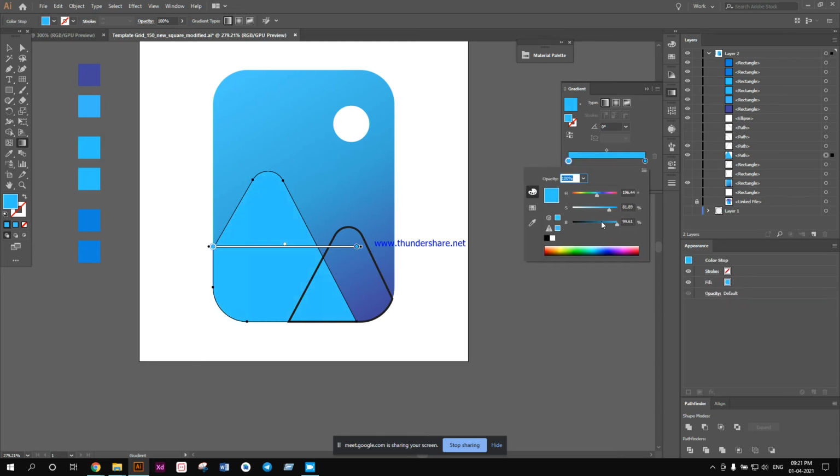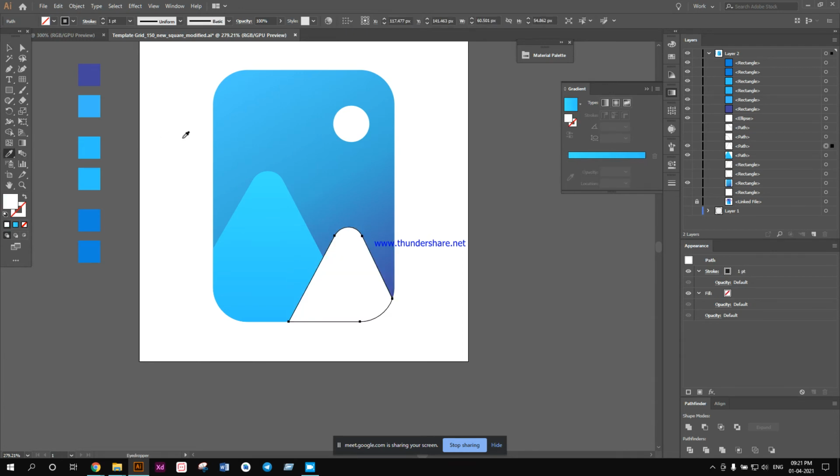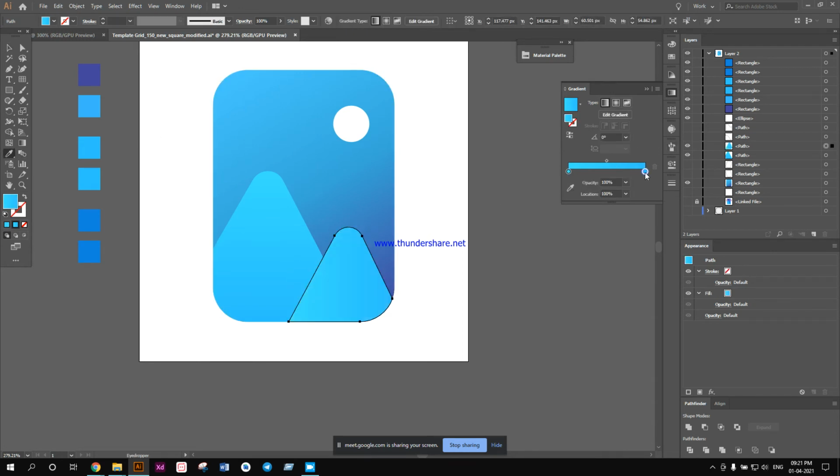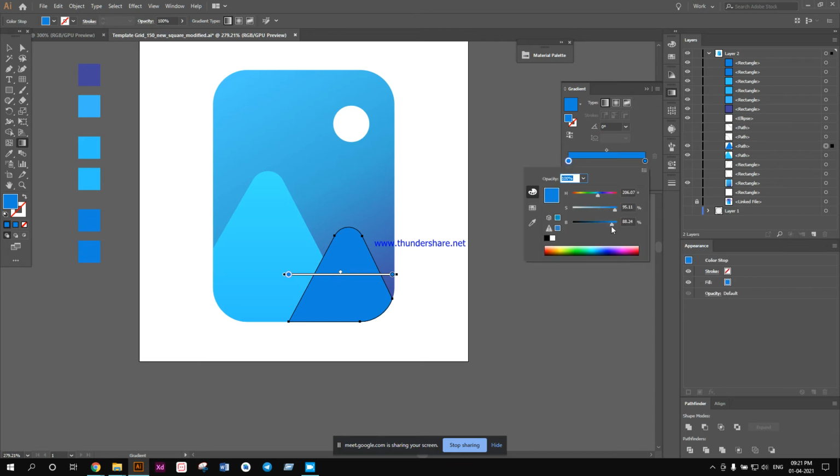The lighter color needs to be a bit lighter, actually. Okay. Now I need a minus 90 degree angle. So the darker color will be at the bottom, the lighter color will be at the top. Okay. Now for this mountain, I also need a gradient. For the darker color, I need this one. For the lighter color, I need this one. The lighter color is not that light, so I have to make it lighter. I have to adjust it myself. Okay. Now I go to the angle minus 90 degree.